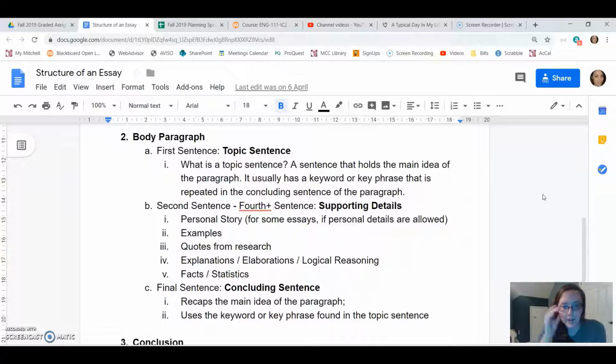Body paragraphs. Again, I want to reiterate that having a focus for each one of your body paragraphs is really, really important. The way that you reflect the focus of your body paragraph is through a topic sentence. And this is the very first sentence of every body paragraph. This is something that I stress so much throughout our course because a topic sentence can make or break your paragraph,